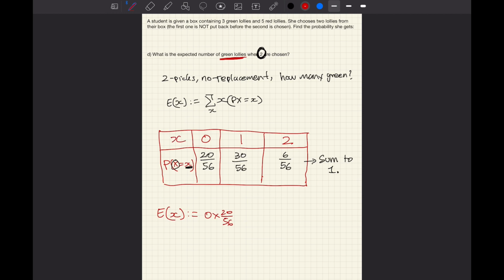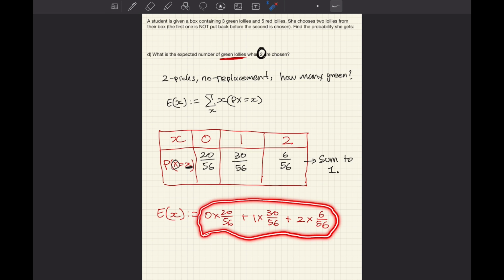So this is X. So X from there is 0 multiplied by the probability, 20 on 56, plus 1 times 30 on 56, plus 2 times 6 on 56. Okay, so that's the probability we get 2. So this sum here